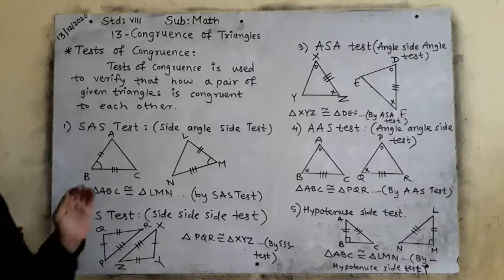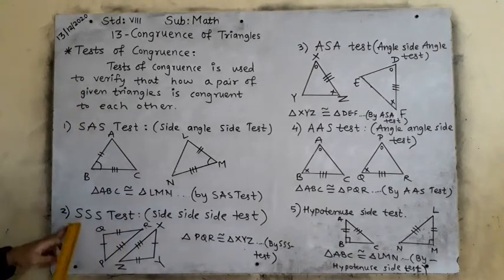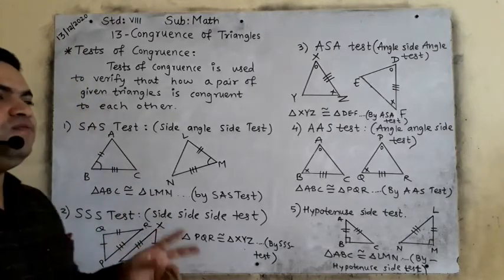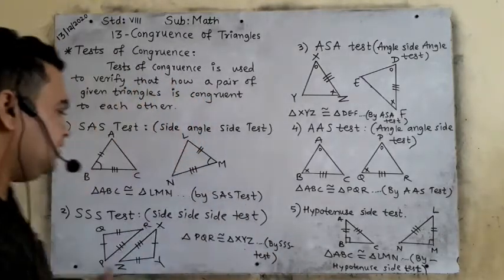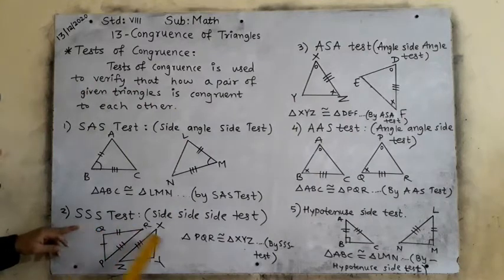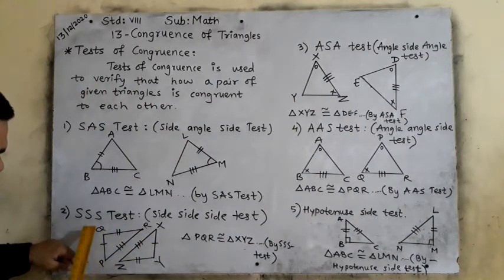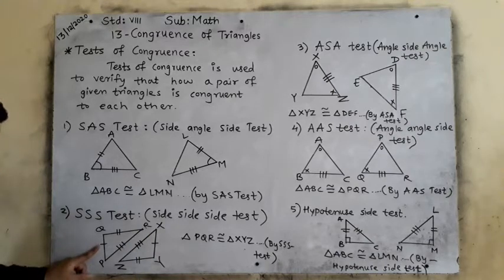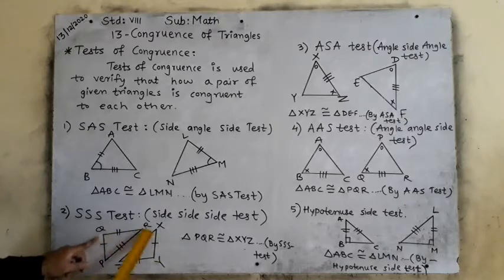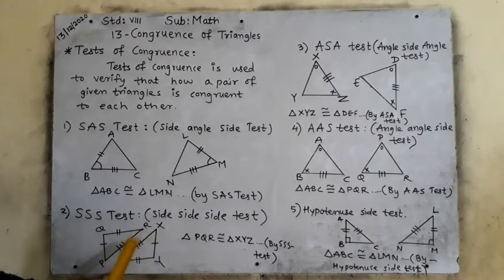It means it is not a snake. It is side side side. It means in the given two triangles, all three sides will be congruent to each other. Look here. Observe this figure. PQR, then here XYZ. See, PQ is having one line. Here XY is having one line, right? See, QR is having two lines. Here YZ is having two lines. Here XZ three and here PR three. So we have to write